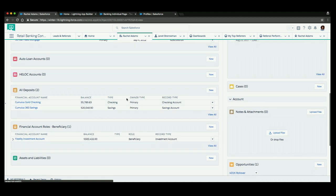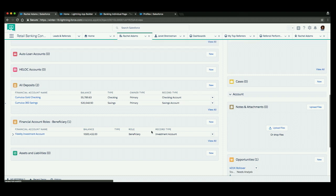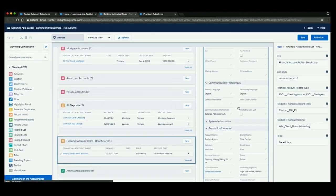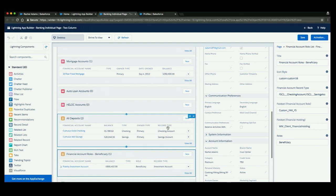You can also have field sets that allow you to pick and choose exactly what you want to expose to your end users. In addition to that, we built this component that allows you to see not only where Rachel, in this case, is the primary or joint owner of an account, but also where she's a beneficiary, right? So in order to know her financial profile holistically, it's really important that for this account, she is a beneficiary. And one thing I want to highlight here is that, as I discussed earlier, these components also come with